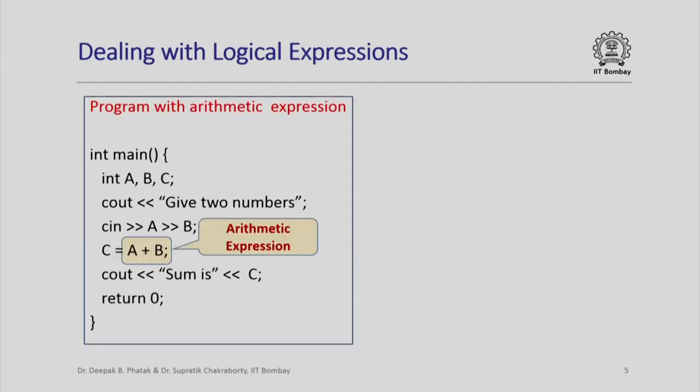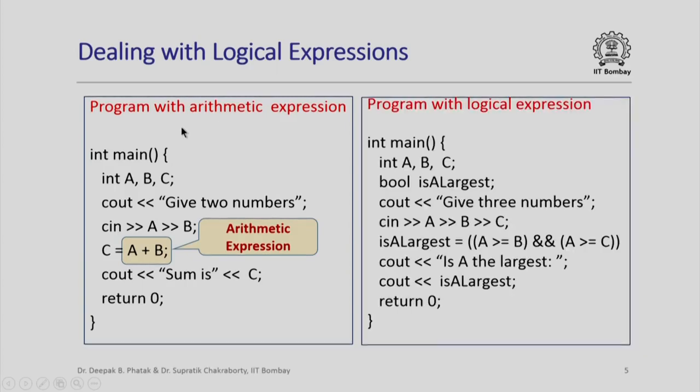To see this, let us look at our original program which had an arithmetic expression a plus b, and this program, if you recall, was reading two numbers, adding them up and printing out the sum. So this is a program with an arithmetic expression. Now here is an example of a program with a logical expression. If you look carefully at this program, what is this program doing? It has three integer variables declared a, b, c, just like your previous program, but it also has a boolean variable declared